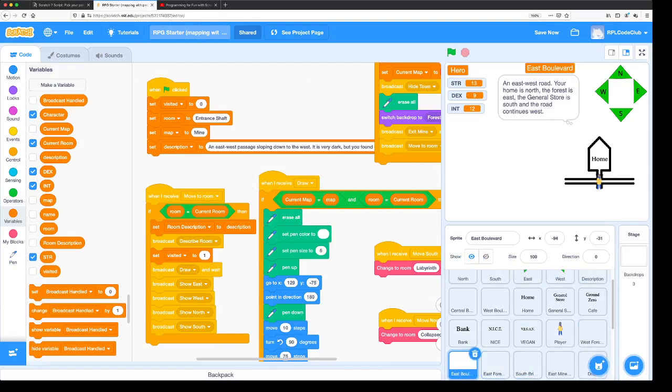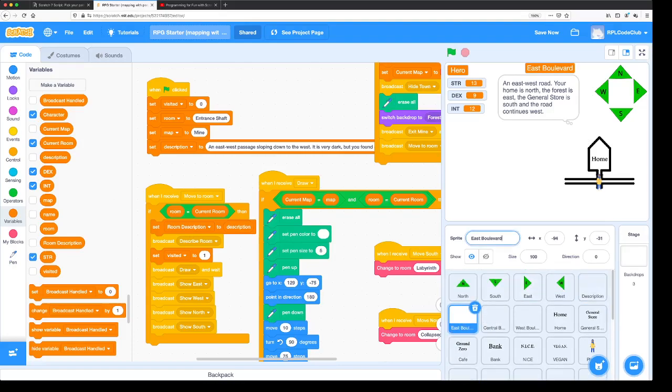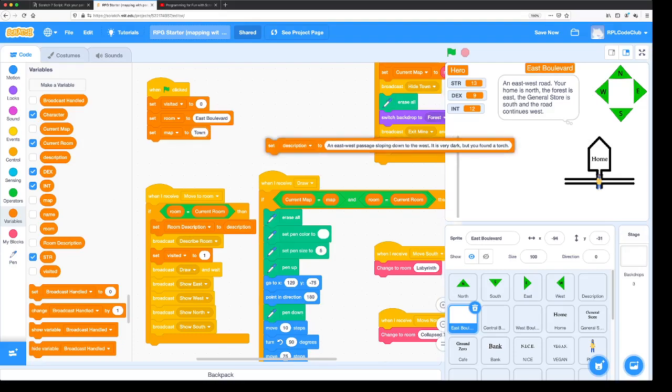All right, so I've changed the name of the sprite now. That's here. But I haven't changed anything else about the sprite. So it still says entrance shaft. We're going to change that to East Boulevard. The map is town, and it's an east-west